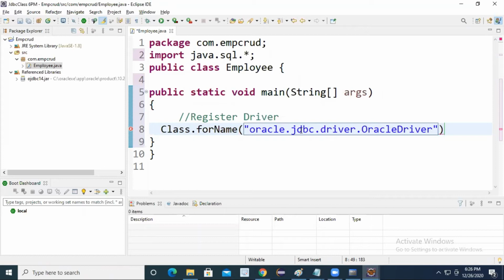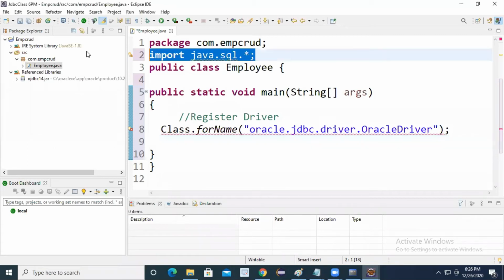What is the advantage of Class.forName? Anyone can tell? What is the use of Class.forName? It is used to load the driver.